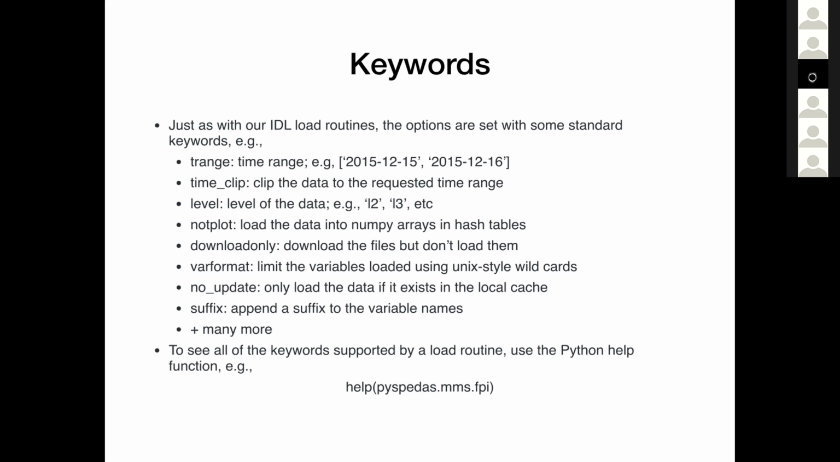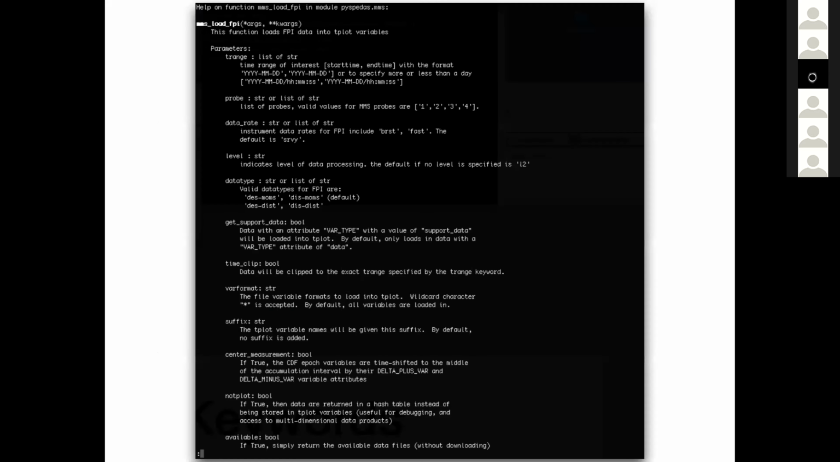And there's a lot more keywords depending on the mission and the instrument. So to see the full list of keywords supported by a load routine, use the Python help function. So for example, it's just help pyspedas.mms.fpi once you have pyspedas imported. And here's an example of what happens when you call help on pyspedas.mms.fpi. So you can see that for all the MMS load routines, we also have probe for setting the probe number, data type, data rate,